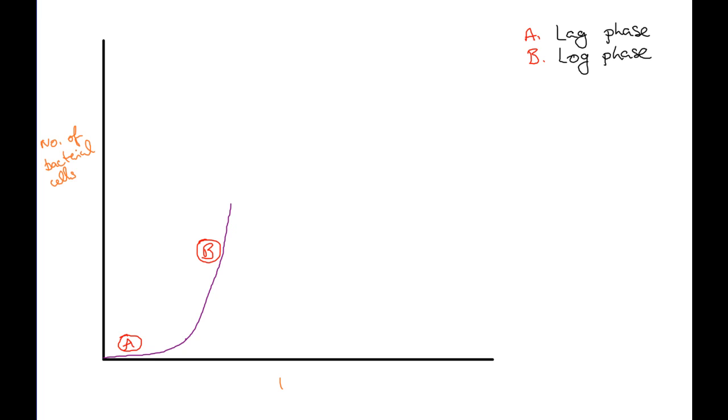Conditions are favorable, optimal if you like, they're perfect for the growth of the bacterium. Growth is really fast, metabolism is very high, and the rate of cell division is at its highest. Now, this is going to happen because there's plenty of food around, conditions are all perfect, temperature's perfect, pH levels, there's no waste in the environment, there's no competition. That won't last very long, obviously, because bacteria are going to find themselves in a situation then where